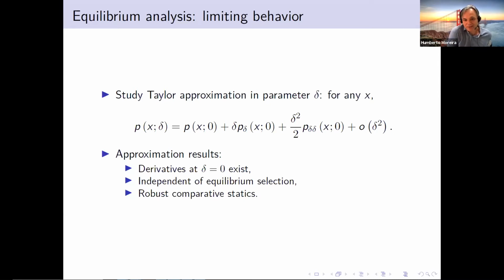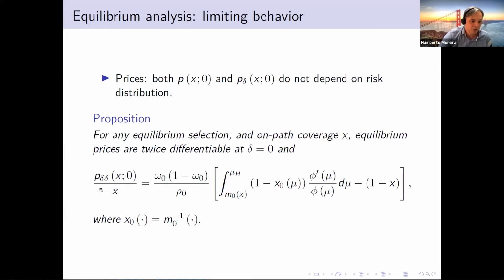So we play with the Taylor approximation, and since we have the uniqueness of this expression, for any class of selection of equilibrium you take, they are going to have the same approximation terms, right? So here is this key term that I mentioned. It's an ugly formula, but I want to highlight that exactly in this formula, the hazard rate of the distribution of risk shows up. That's the important channel that explains the impact of the distribution on prices through the second order term, right?